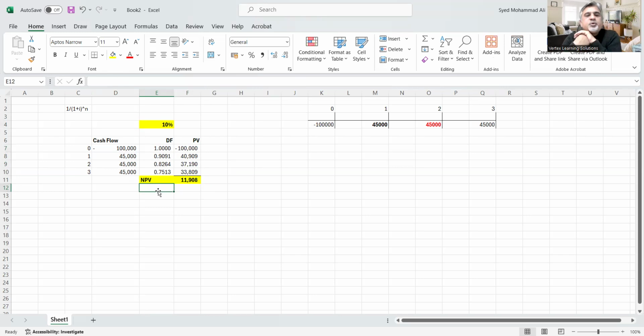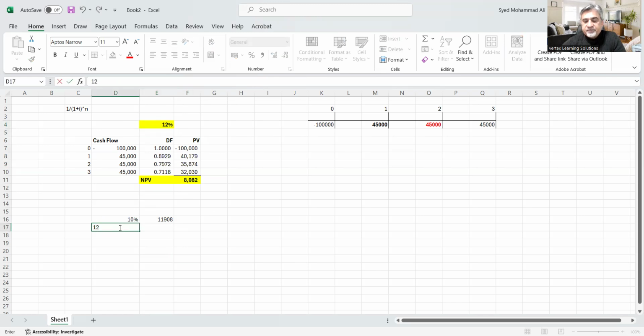Now, what I wanted to show you here is the relationship between the discount rate and the NPV. So if I put 10%, my NPV was 11,908. This is what the screen shows you. What if you make it 12%? So if you make it 12%, you see that NPV has changed. Making it 12%, NPV becomes 8,082. And if I further make it 14%,